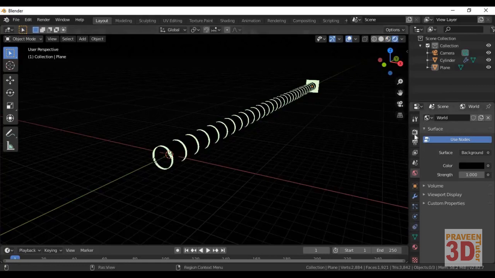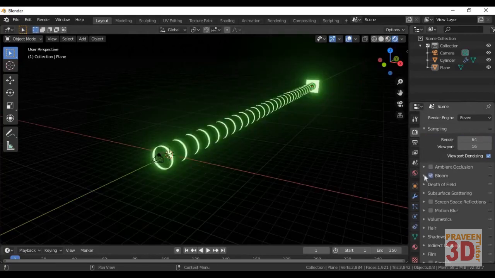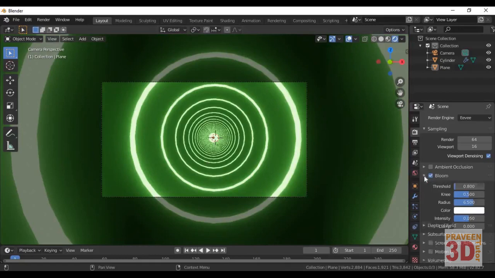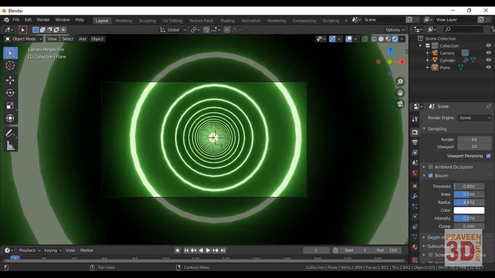To get it, go to render properties and select bloom. Then press 0. As you can see, you get the effect. If you want some additional intensity, threshold or radius, you can play through these options in bloom.